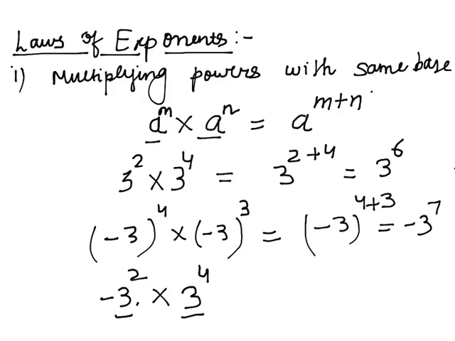So what we can do, we can take minus 1 as common from this. So we can write it as minus 1 because here we have the negative sign. So inside what we are left with is 3 raised to the power 2 times 3 raised to the power 4. So again the base becomes same. So we can write it like minus 3 raised to the power 2 plus 4 because the bases are same. So it will become minus 3 raised to the power 6.